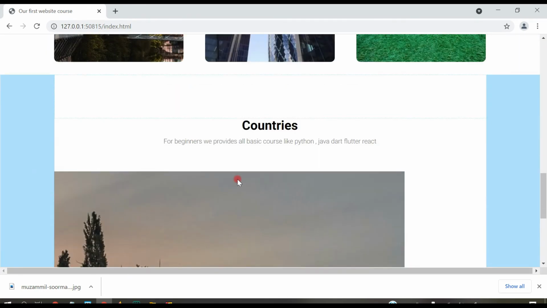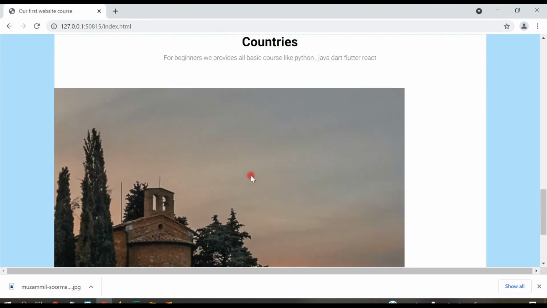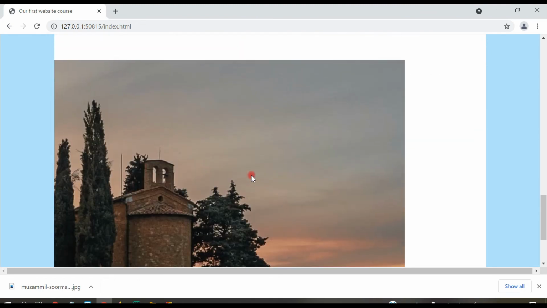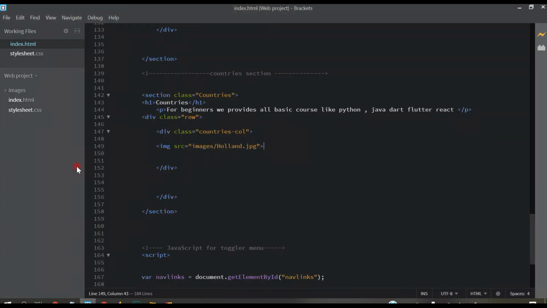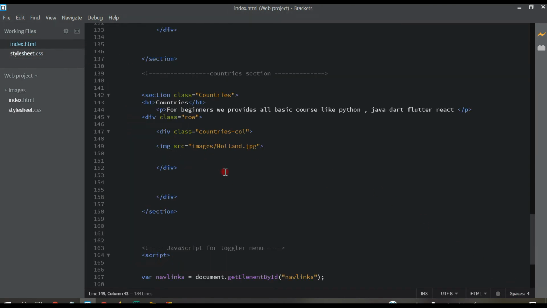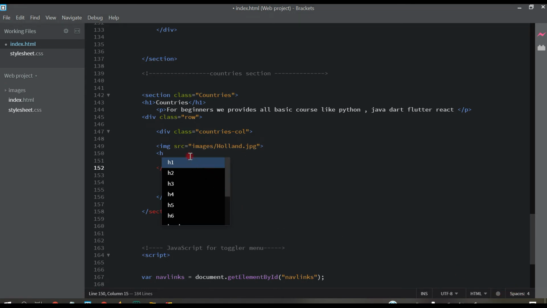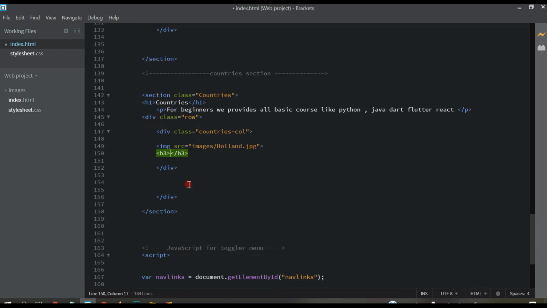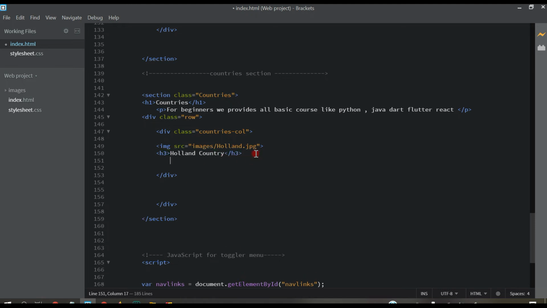You can see now we have this image here, but we have to style this because the size is very big. So come to the CSS, and first we have forgotten to add some text here. So here we have to write heading H3, and right here let's write Holland country, and just type one paragraph.